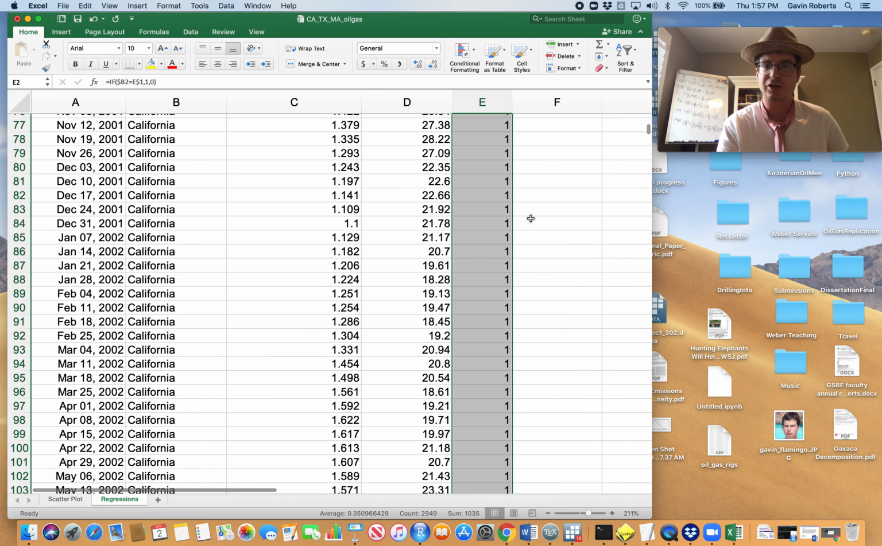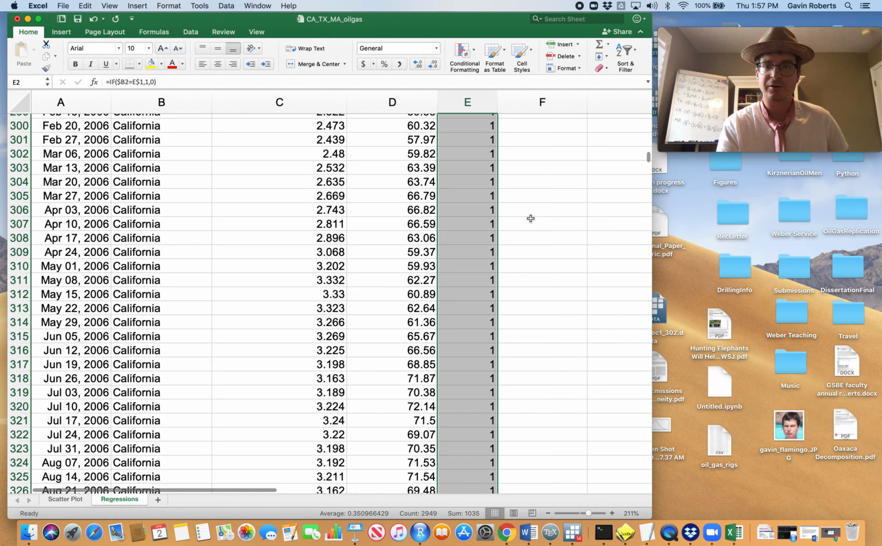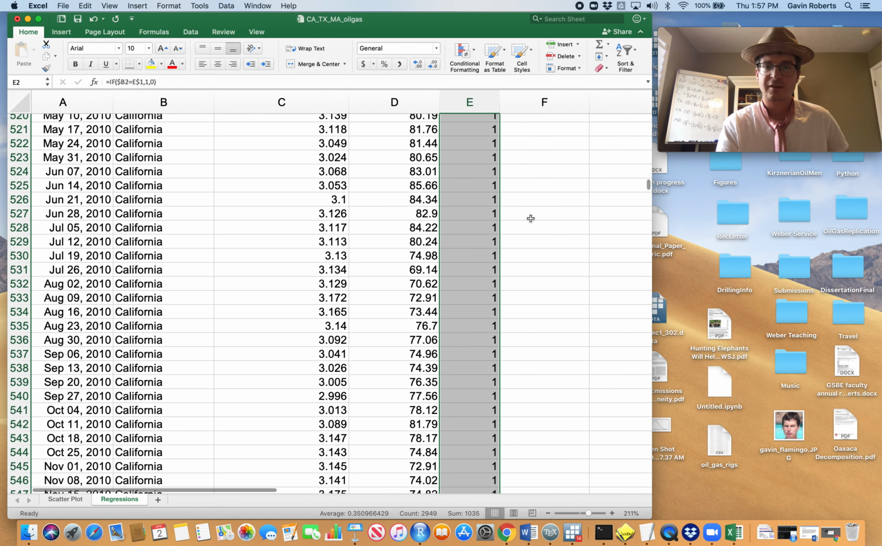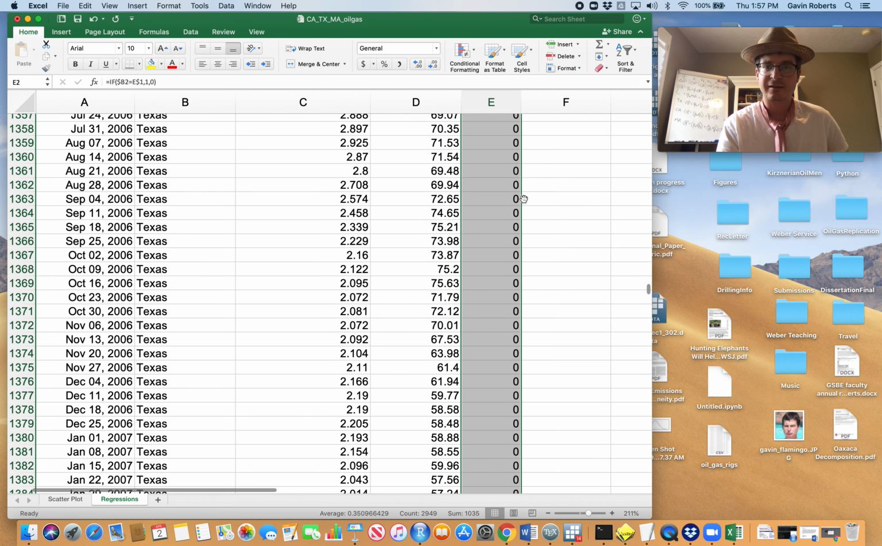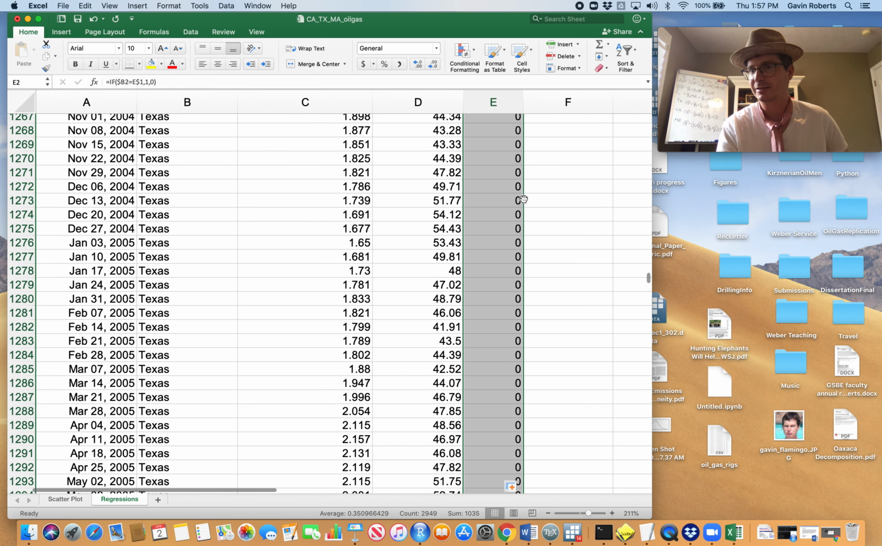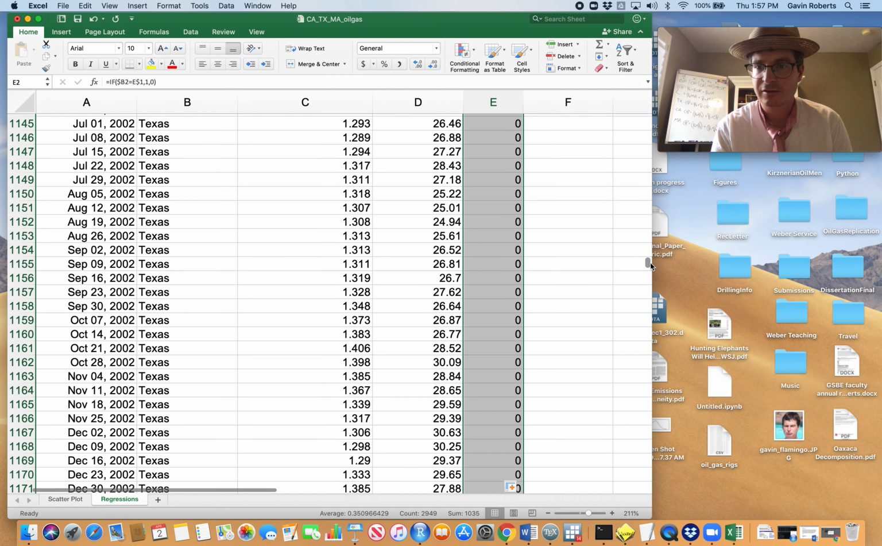But let's make sure by scrolling down, see what happens when we get to Texas. Boom, they all changed to 0 when we get to Texas, which is what we want, right? Because now that we're in Texas, the California dummy variable should be 0. So let's go back up,